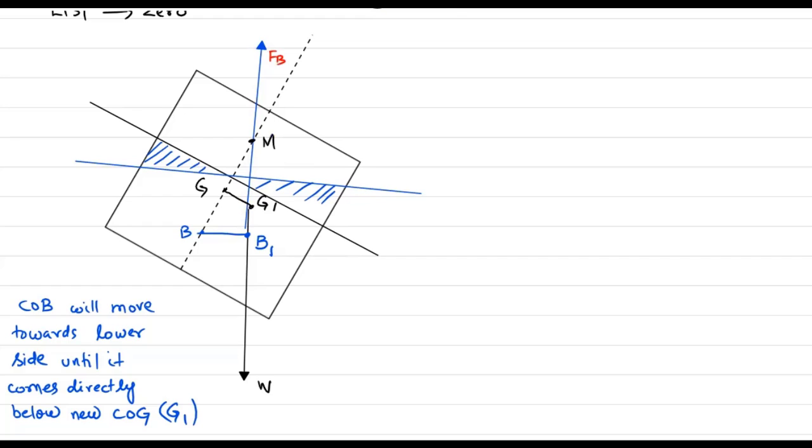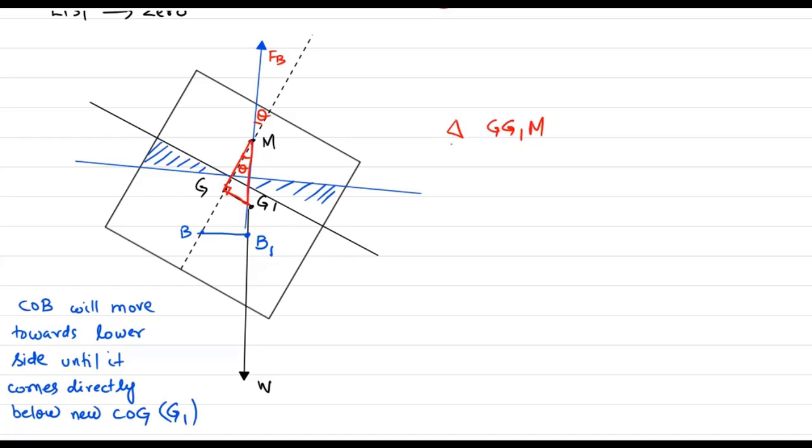So we are having a beautiful triangle. This triangle, and here it is 90 degrees. And this angle is nothing but the list angle, theta. So you can see from trigonometry, triangle